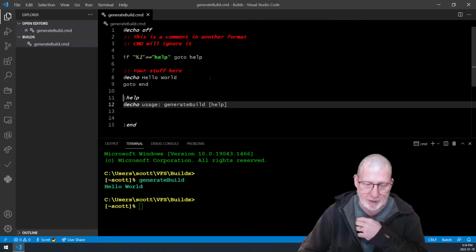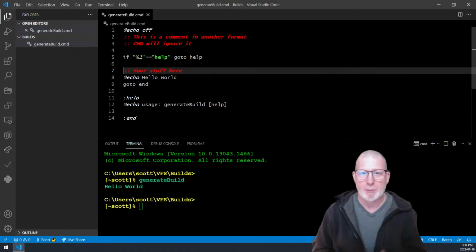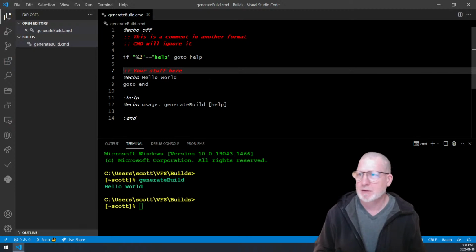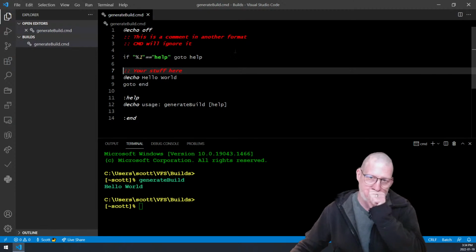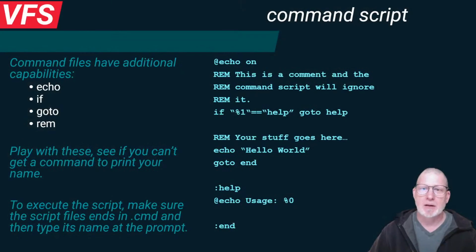There's no real debugger for these batch files. That's the downside. So once they get to be longer than about a page, we have to move into more sophisticated tools, which is something we'll take care of when we get into the pipelines class. If you take a look at my slides here,